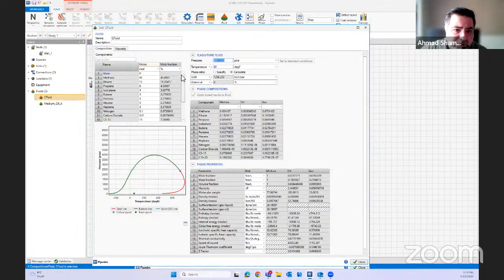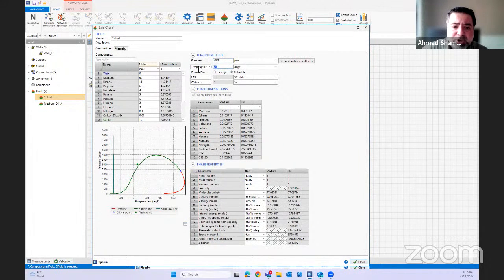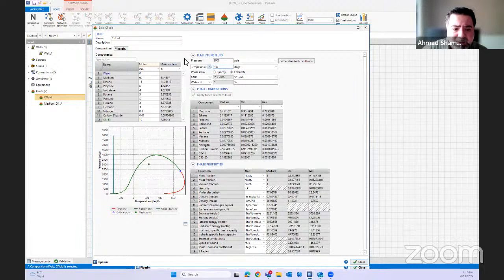If you define your composition like this, what is the phase status under different pressure and temperature? For example, what if the pressure was 3000 psia and the temperature was, let's say, 230? Then we are here, inside the phase diagram. This is the liquid and gas